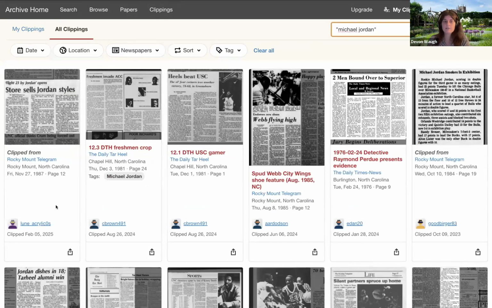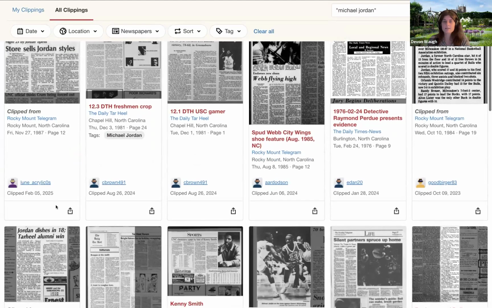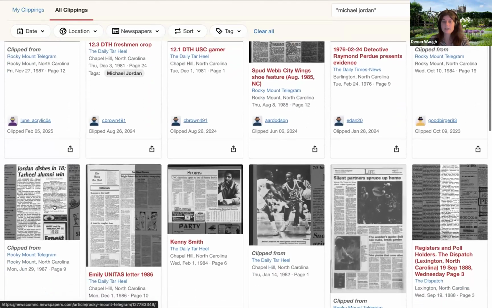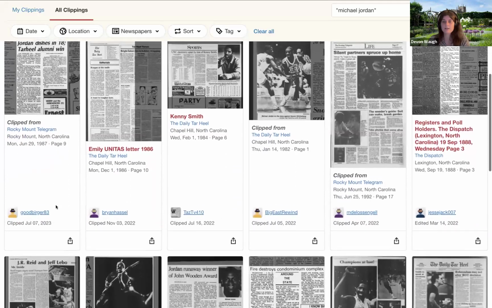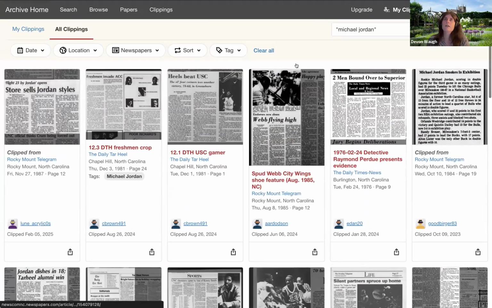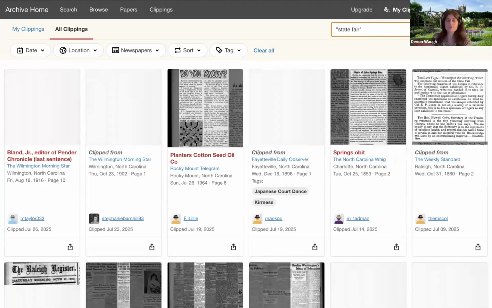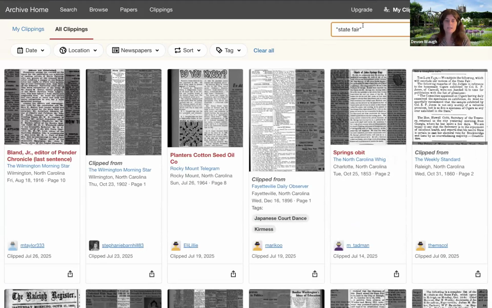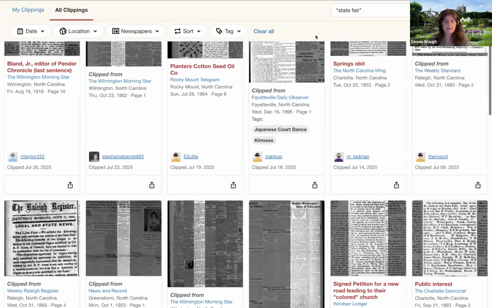And you can see a lot of clippings from his career at UNC, in college, from the Daily Tar Heel. Or if I wanted to search and find articles related to the state fair, I could also search in the main search, but potentially I might find some here,